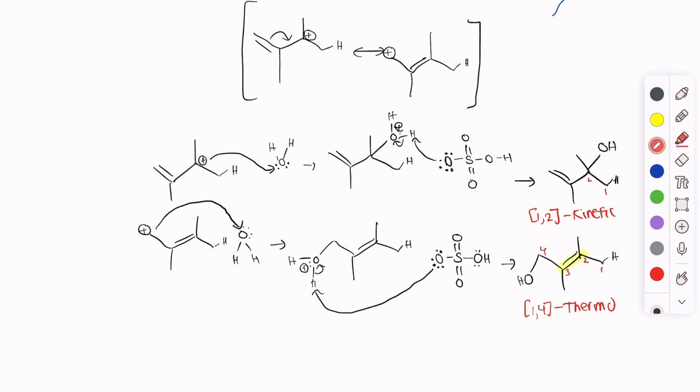So here has 1 carbon, 2 carbon, 3 carbon, 4 carbon. Here it is tetrasubstituted, which means it is the most stable alkene. And what we know is that the most stable alkene is going to be your thermal product. If you look at this one, this carbon is attached to 1, 2, 3. It is trisubstituted, and it is the most stable